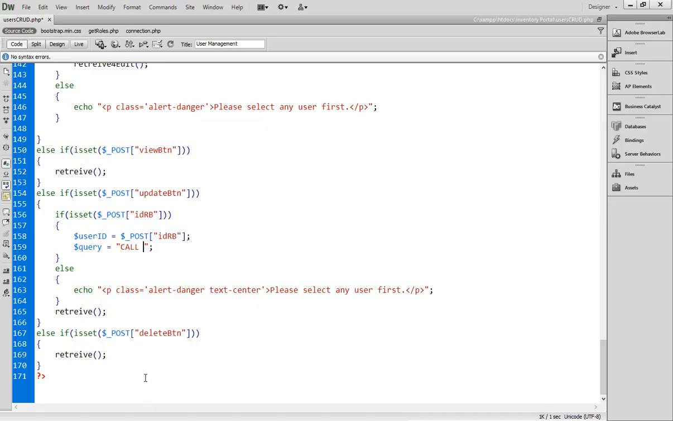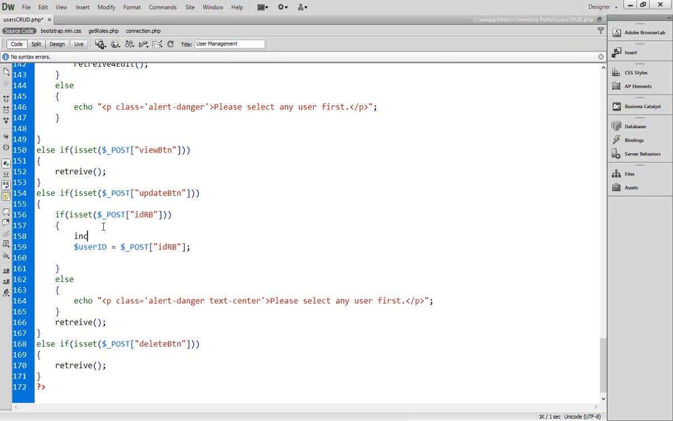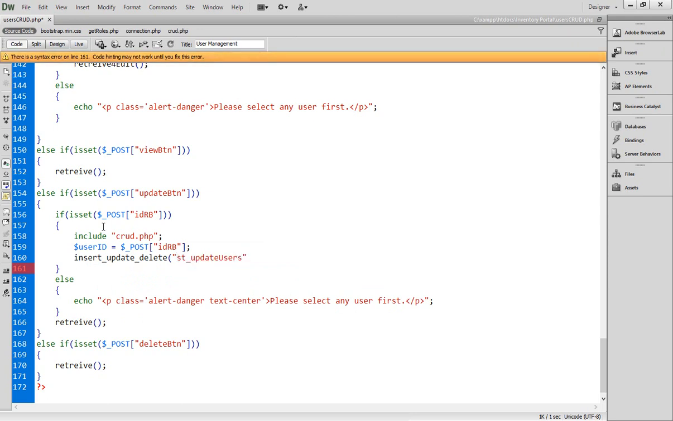Now let's call this stored procedure. So copy, come inside and paste, and here I have to pass the data. But again, I'll let you know that I have already created a function for inserting, updation and deletion. So instead of calling this thing here, we can simply call the function, but before calling the function we should include the CRUD.php file. Okay, and then let's write here insert_update_delete, that's my function, and it's asked me for the procedure. So that's my procedure, st_update_users, and then we have to pass here the array where I'll